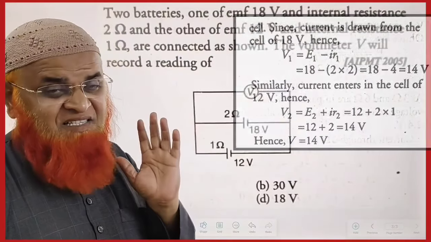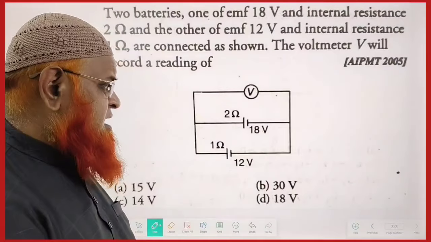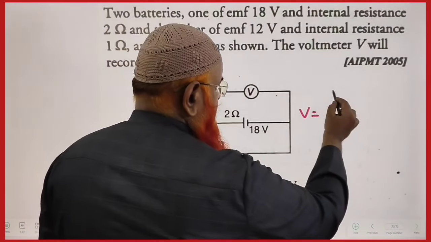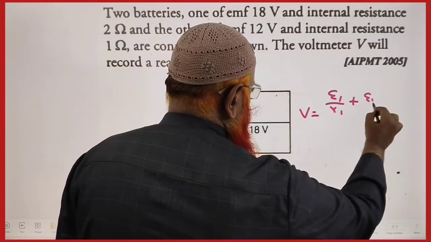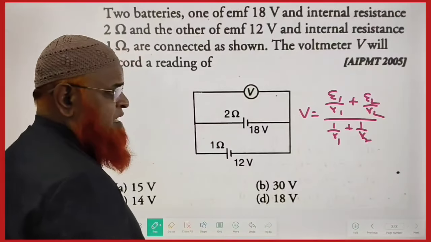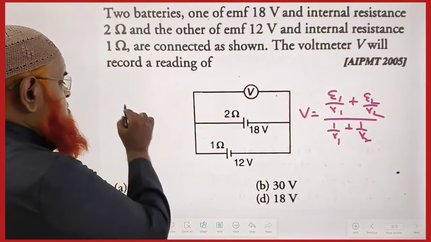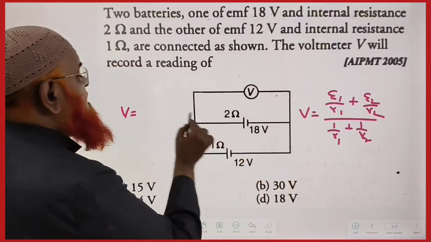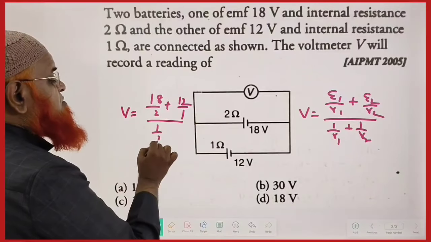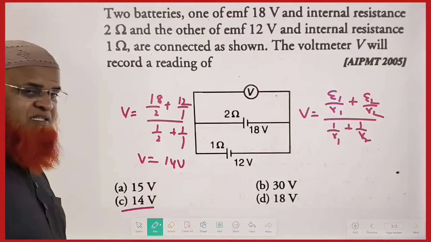अरे दोस्तों, इस तरह के प्रॉब्लम को अगर आप किरचॉफ लॉ यूज करेंगे तो प्रॉब्लम में 40-50 सेकंड लग जाएंगे, मगर इसके बजाय आप मिलमैन्स थ्योरम यूज करेंगे तो सिर्फ 5 सेकंड के अंदर आ जाएगा। मिलमैन्स थ्योरम क्या बोल रहा है, वोल्टेज पहचानने के लिए बोल रहा है ना, वोल्टेज इज नथिंग बट EMF by resistance plus again EMF by resistance divided by reciprocal of resistance का सम करना है यहाँ पर, ओके। तो इसके अंदर अगर आप सब्स्टिट्यूट करेंगे ना तो प्रॉब्लम सिर्फ 5 सेकंड्स में आया था। तो पोटेंशियल का E1 by R1 क्या हो गया, 18/2 प्लस अगेन 12/1 डिवाइड बाई 1/2 प्लस 1/1। तो इसको सॉल्व करो आप, आराम से 14 वोल्ट 5 सेकंड्स में आ जाएगा।